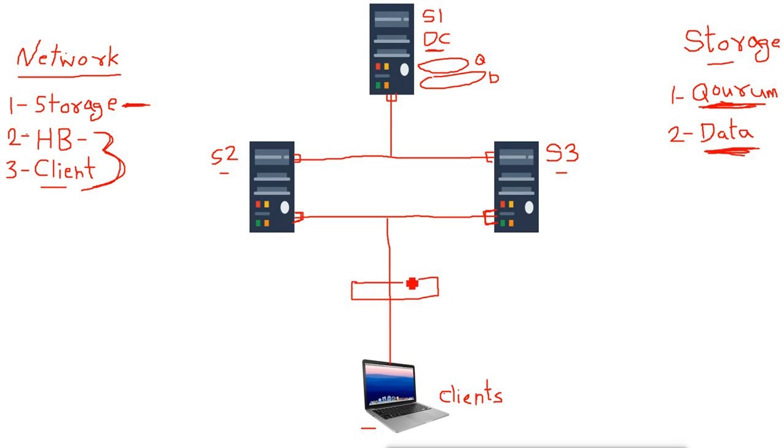Then there is a switch, and from the switch the other clients will be connected, and these clients can access the cluster services through this network adapter, and the same adapter will be used for the heartbeat also. So this is the configuration we are going to do. We have servers 1, 2 and 3. On server 1 I am going to create the storage for the cluster, and I will add two network adapters on all these servers: server 1, 2 and 3. One network adapter I will use for the storage, and the other adapter I will use for the heartbeat and client traffic. Okay, so let's do this now.